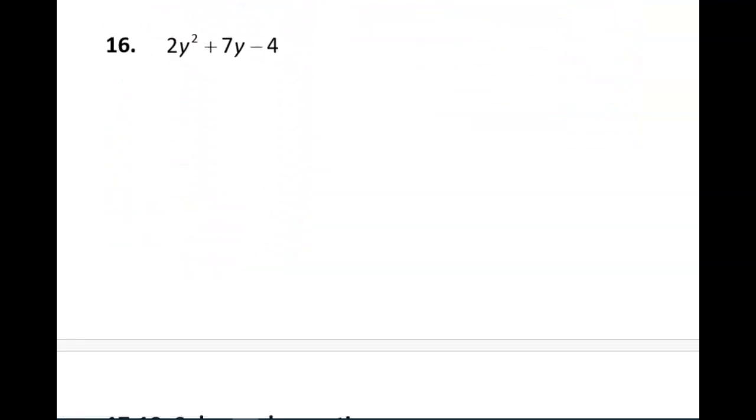All right, last one is a trinomial, 2y squared plus 7y minus 4. So if all terms are present, we're probably going to use that AC method to factor this quadratic equation. So our a times c is 2 times negative 4, which is negative 8. Let's list some factors of that. Factors of negative 8 are 1 and negative 8. I like to start with 1 and the number. Now, think about what those add up to. 1 and negative 8 add up to negative 7, so we're real close. We just have to change the signs of the two factors. Negative 1 times 8 is still negative 8, but it adds up to positive 7, so this is the pair